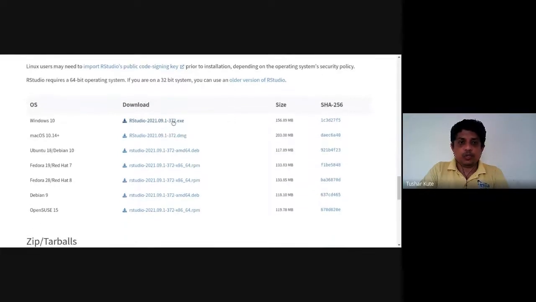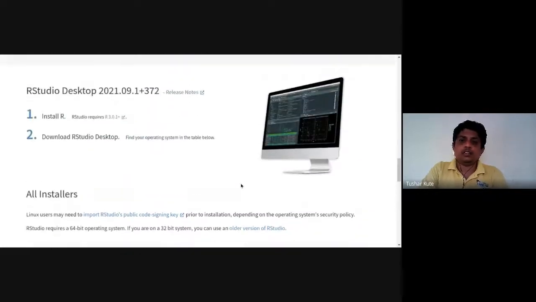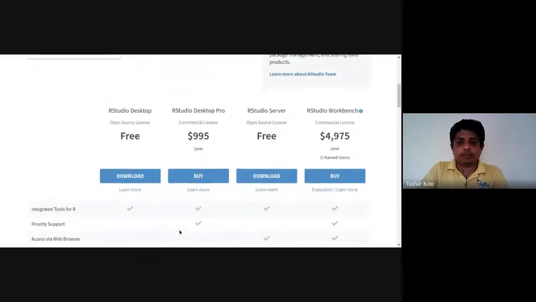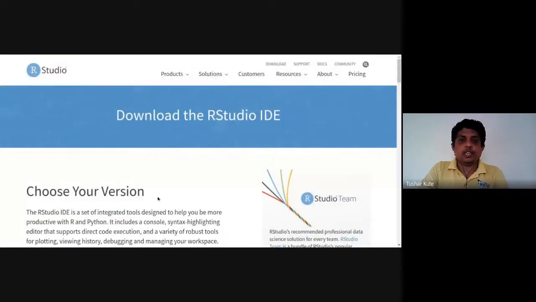So this is your Windows exe file. If I click on this particular file, your RStudio will be downloaded directly. Currently I am using this version, Debian. Ubuntu also, both are Debian actually, the same version. I'm using RStudio for Ubuntu 18 onwards, Ubuntu 20.04 here. Once you install that, it will be directly available for us to use as the integrated development environment by which you can interact and write with RStudio and applications of R step by step.